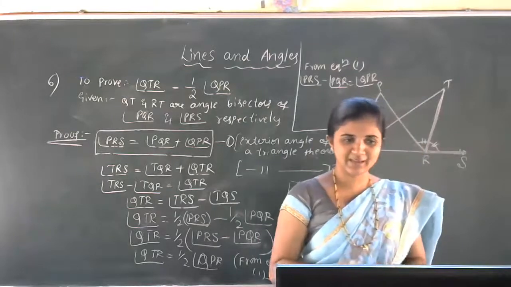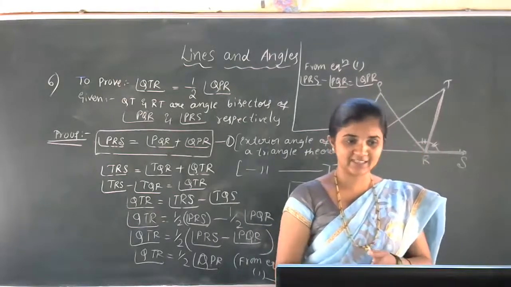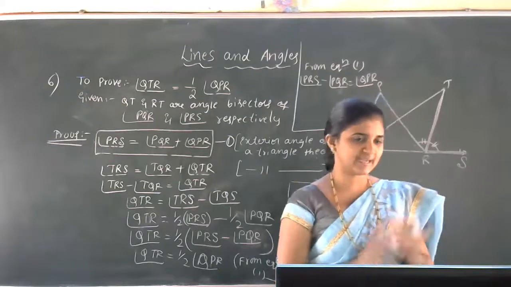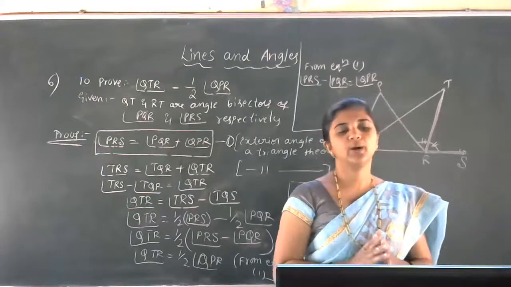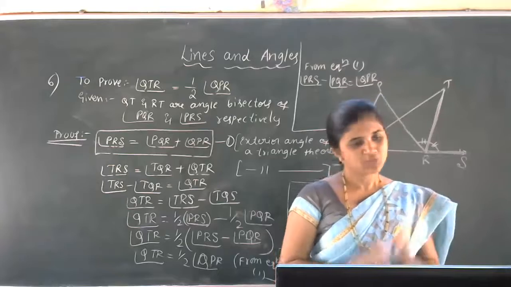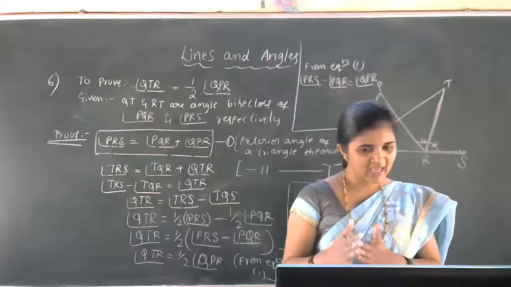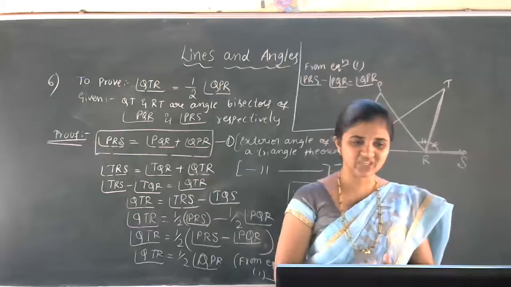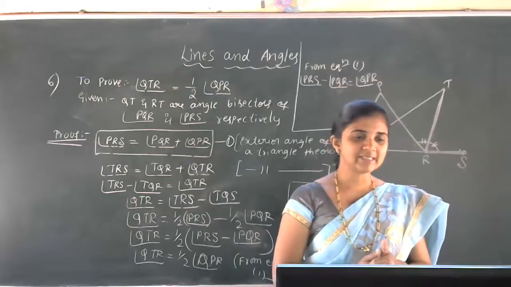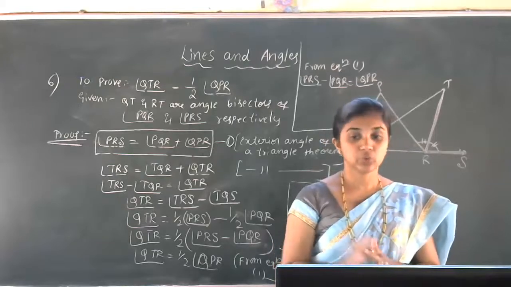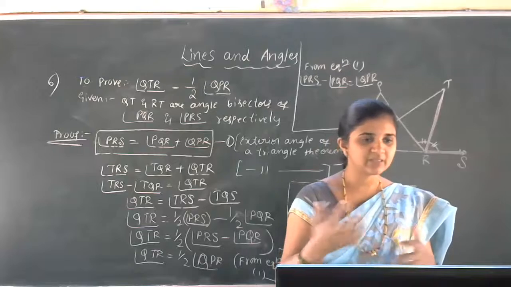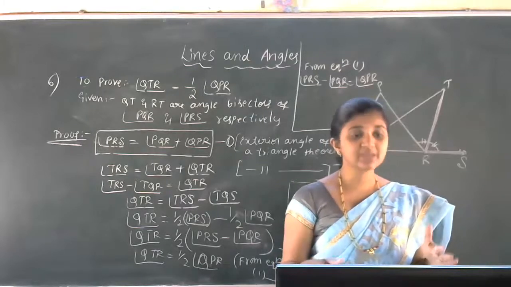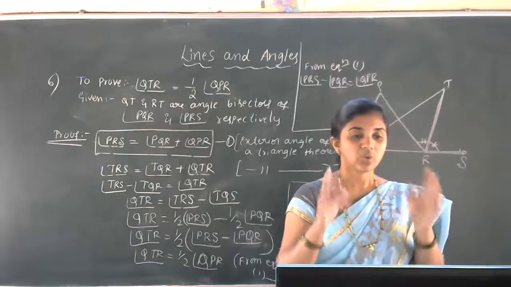If you are not having any confusion in the three exercise problems, the example problems and the concept, then we can say that the lines and angles chapter is over. So shall we end the chapter? Okay. If you are having any confusion, just send me the message. Otherwise, this is the end of the chapter. Don't go anywhere, we have to speak something. So this is about the class. Is that clear, students?